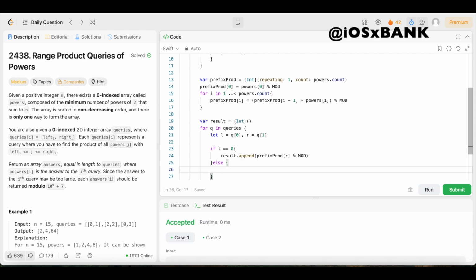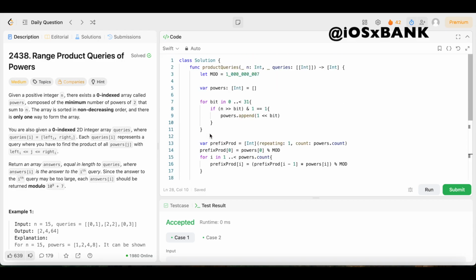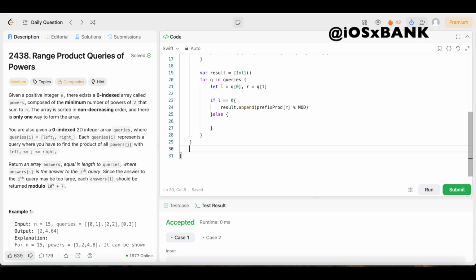And division under modulo is done by multiplying with modular inverse. So we're gonna come right here. Or first we need to create a helper function. So first we're gonna create a helper function. We're gonna come outside of this function. So we're gonna come right here, and we are gonna say, so this is going to compute the base to the exponent mod efficiently using our binary